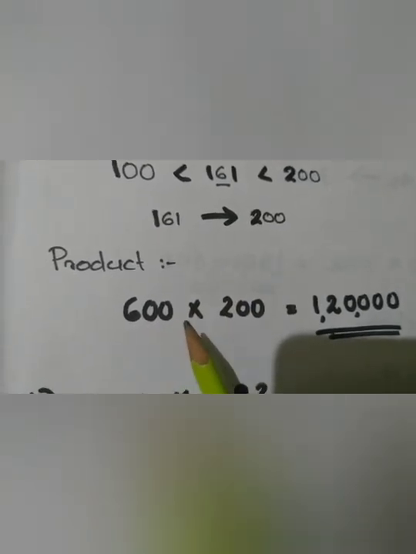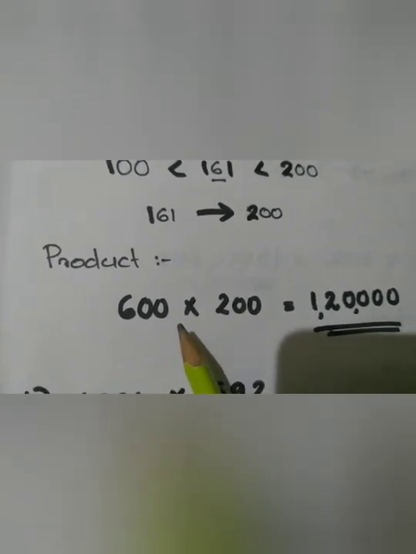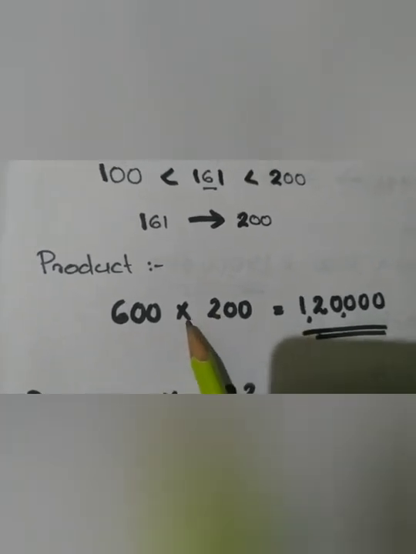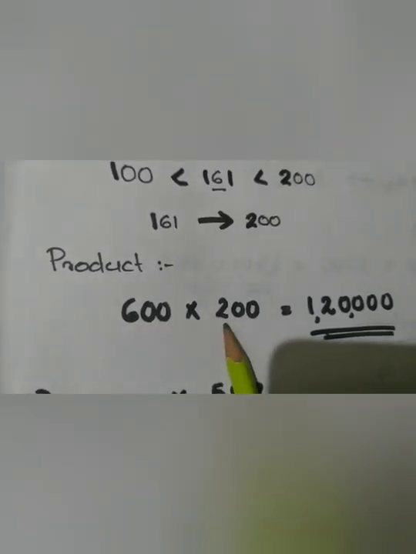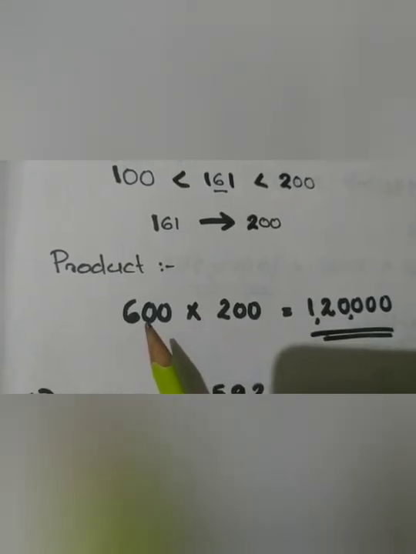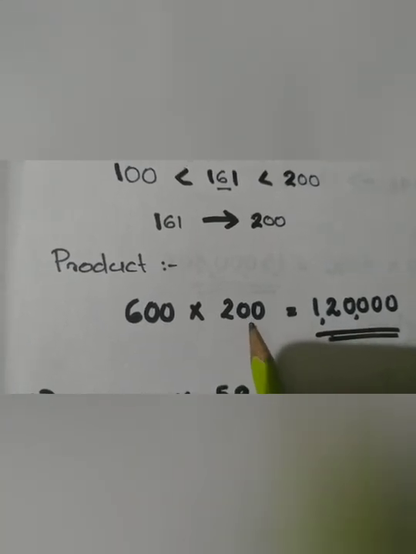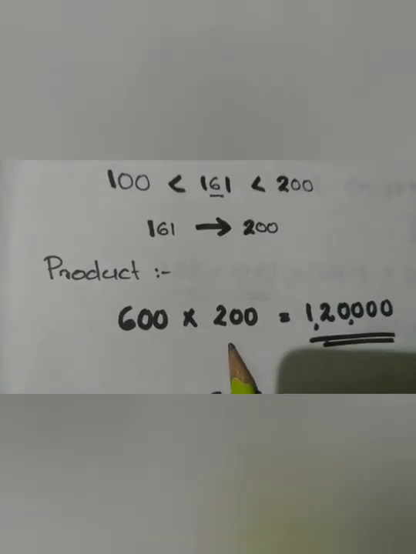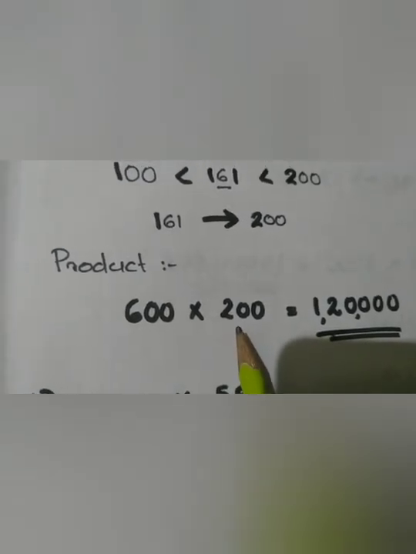Now for finding the estimated product, multiply 600 into 200. You have studied how to multiply these numbers easily. Here both the numbers are containing zeros. So what we have to do? Avoid the zeros and multiply first. 6 into 2. What is 6 into 2? 12. Then write down the zeros. Here how many zeros? 2 zeros. And here how many zeros? These 2 zeros. So write down those 4 zeros. In this method also you can do a normal multiplication. For making our calculation easy, always follow the easy step.